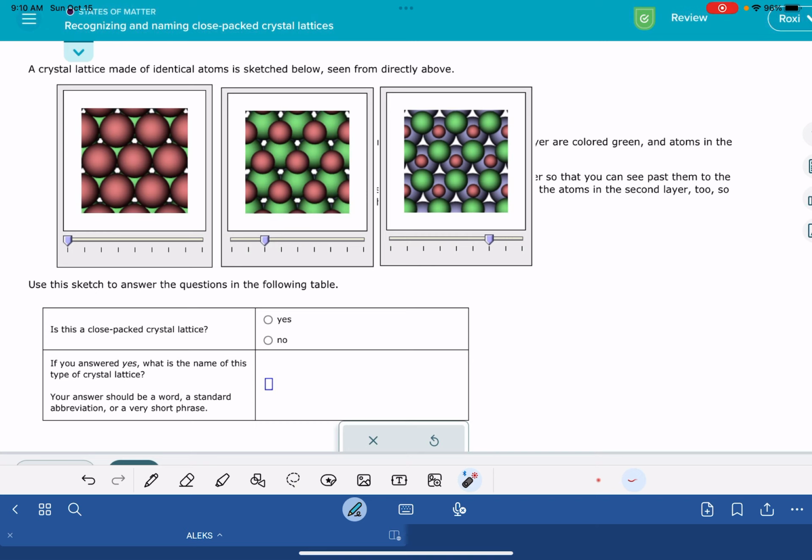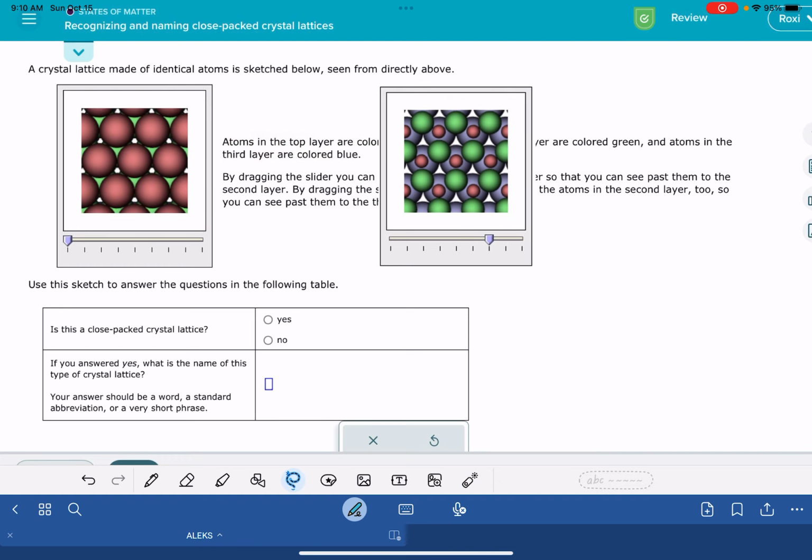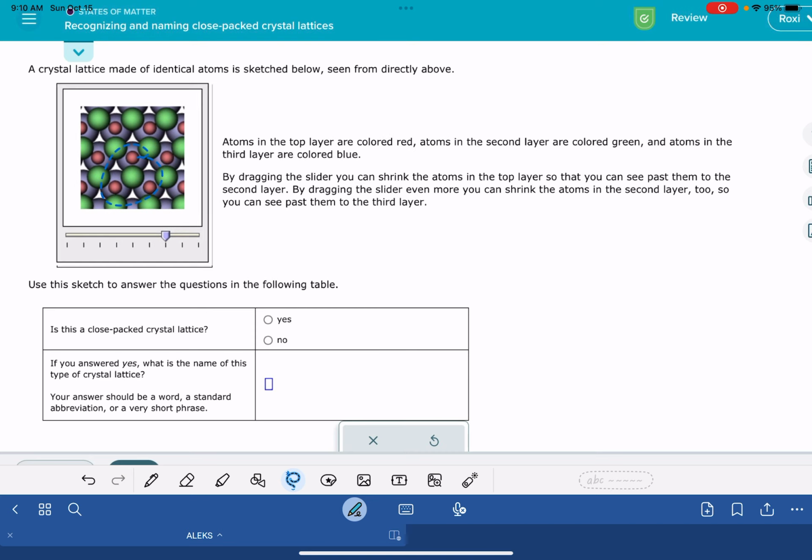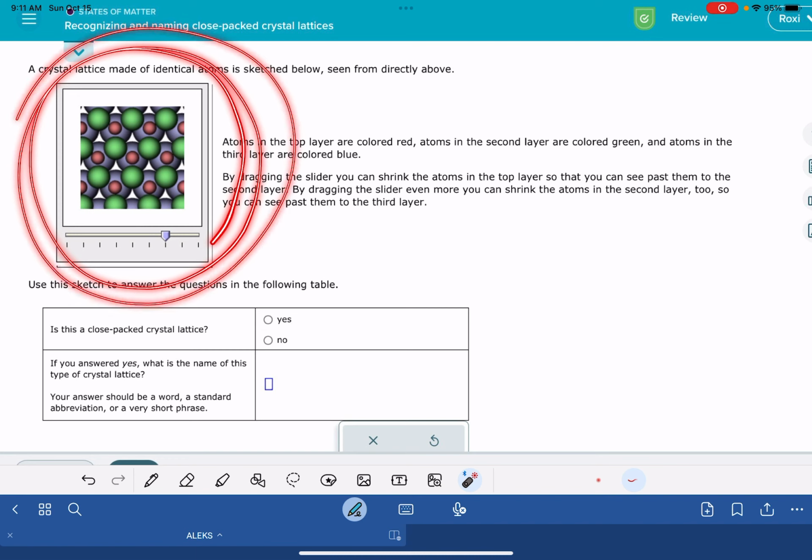First of all, whether or not it's a close-packed crystal lattice, and if it is, what is the type of crystal lattice? So what I want you to do with your slider bar is just immediately drag it all the way to the right. There's not a lot of information that we can get from the top layer of the crystal lattice, and also not a lot from the middle layers of the crystal lattice. We just want to go all the way to the very end. I'll stick that right on top. You can see that I didn't drag mine all the way to the very end, and that's okay. You don't have to go all the way to the very end. What we're going to do is analyze what the crystal lattice looks like at the very end,